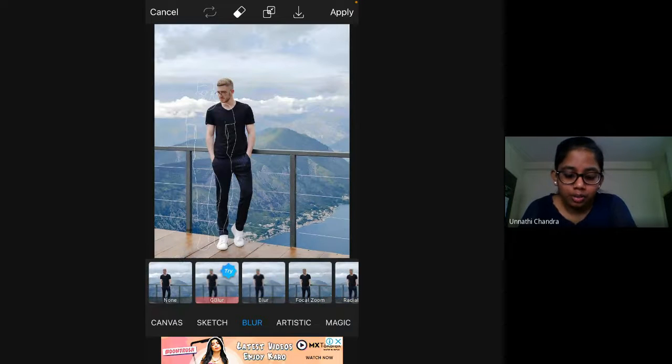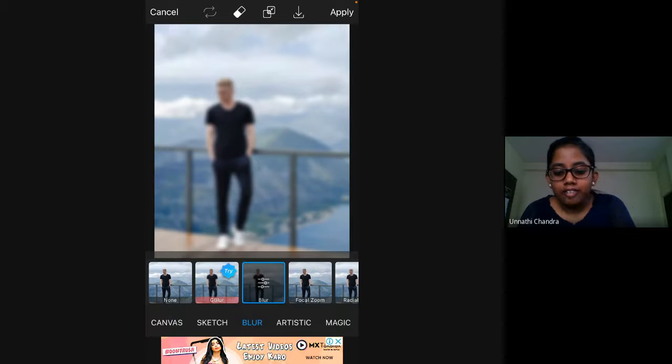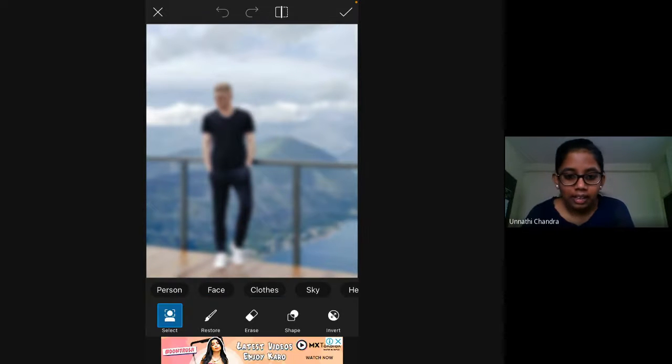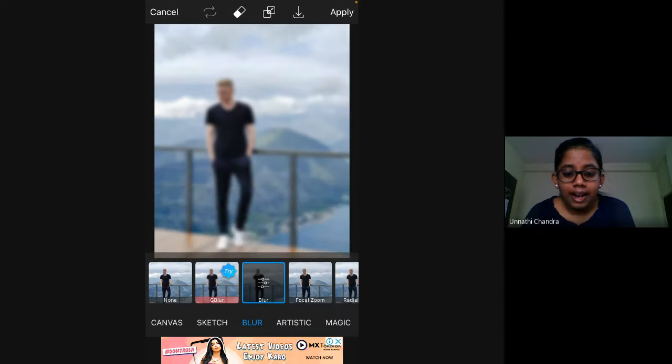Blur is also available if you want to blur your photo. And here the fun part in the blur option is, if you want to just blur the background, select it and go to this eraser you can see on top, in the top right, just click on that.